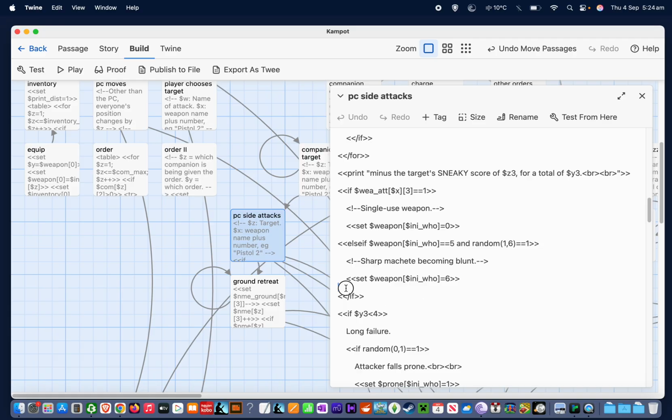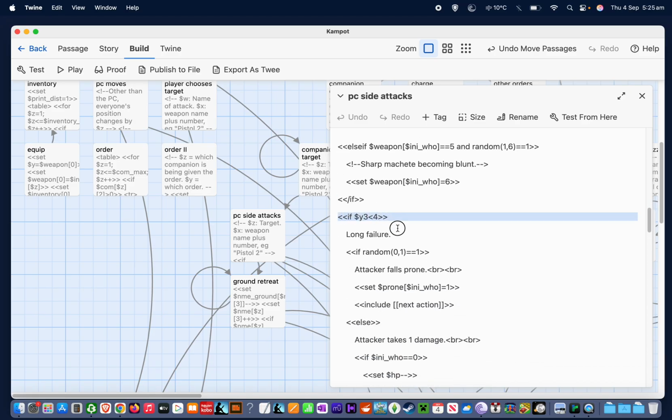Now, of course, there should be others of these. It should be the case that if you shoot with a gun, that shouldn't change the gun, but it should reduce the relevant ammunition by 1. Well, yes, I haven't done that yet. That's probably what I'll be doing next. You might also be worried, well, hang on, if you have this sort of attrition of the weapon, if you can use up the weapon here,